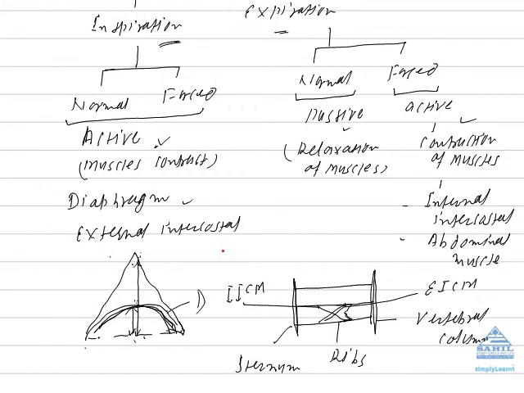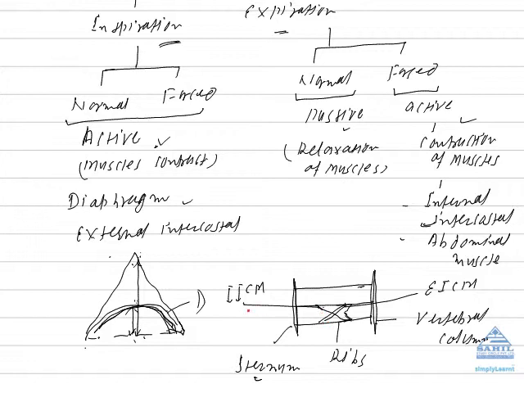External intercostal muscles and internal intercostal muscles are found in between ribs. This is the vertebral column. This is the sternum, which is also called the breastbone. The ribs connect two bones, the vertebral column and the sternum. Two muscles are found in between ribs. One originates from this rib and inserts on the next rib,